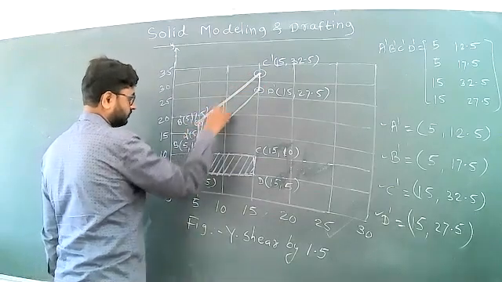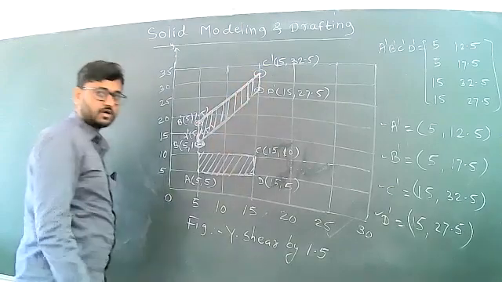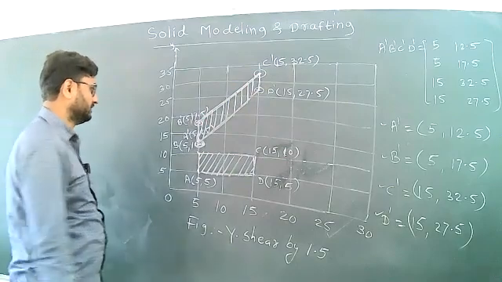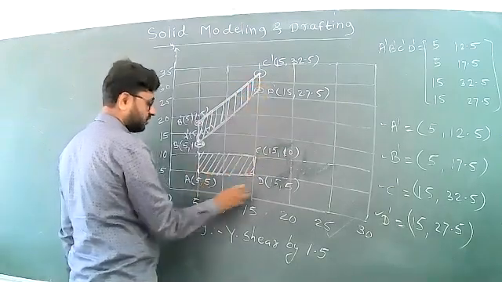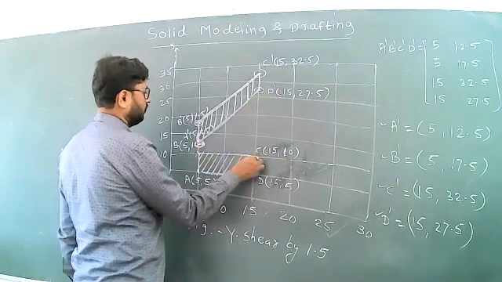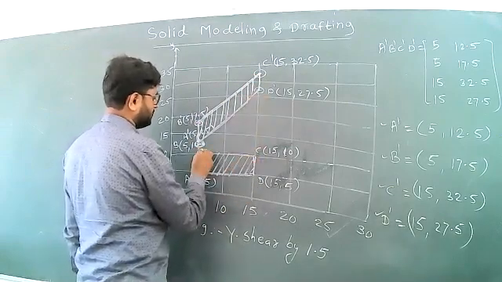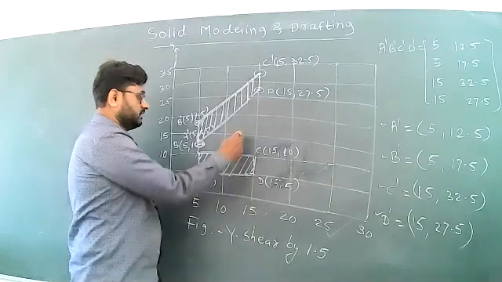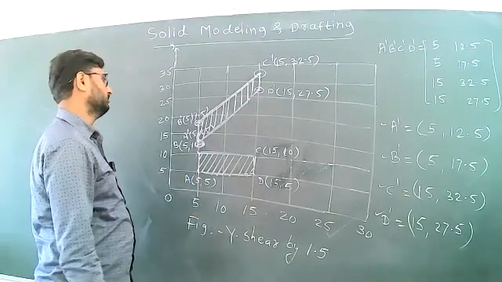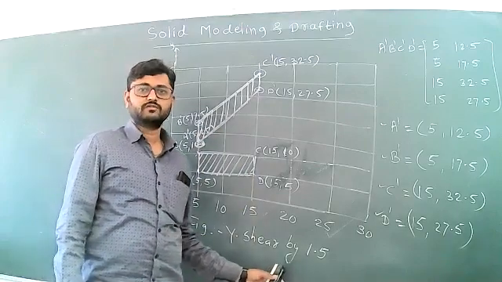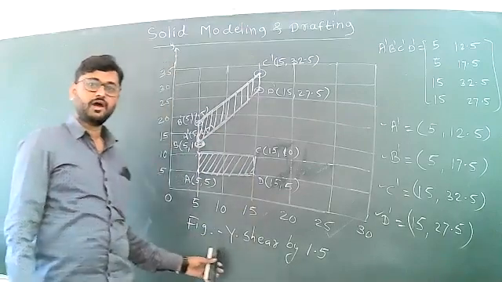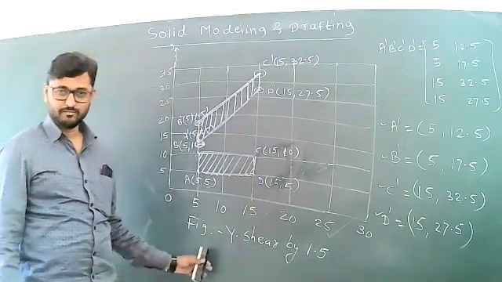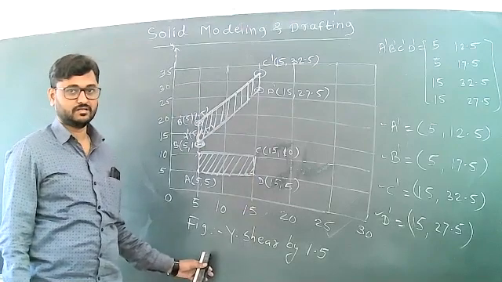This rectangle is transformed to a new position, that is shearing along the y-axis. The x distance for both rectangles is the same. Only the y distance changes, so the straight line is transformed to a slant edge or slant line. That is called shearing along one direction. That is the concept of y shear by an amount, where the shear factor is 1.5. This is the simple example of shearing along one direction.